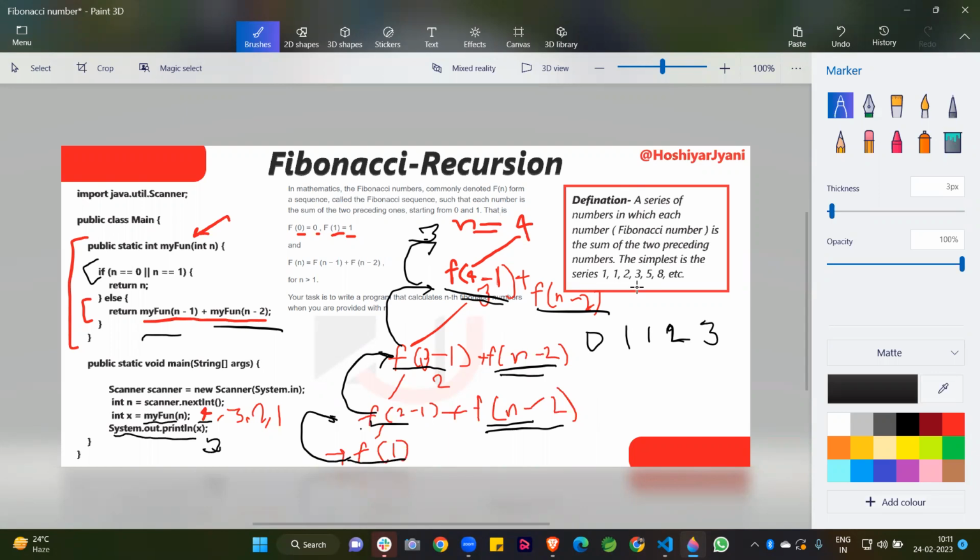So this is our Fibonacci series. When our number is 4, like I am taking 4, 1 2 3 4, 4 numbers, at that time our last digit is 3. So this is the overall Fibonacci recursion, and we are getting this value here.